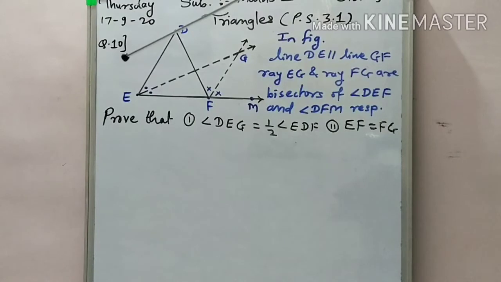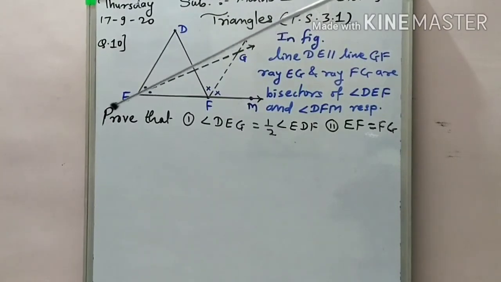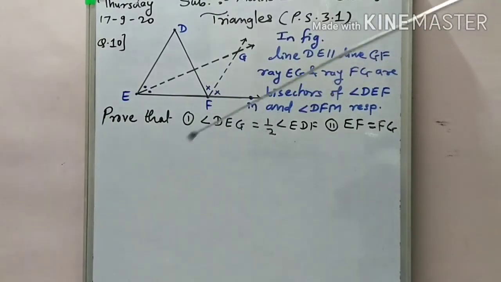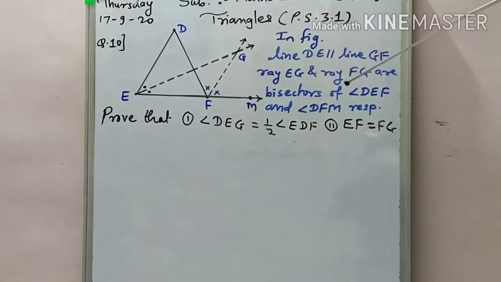Now we try the 10th example. Here again we are given one figure, and in the figure it is given that line DE is parallel to line GF. Okay, here is segment DE. As we extend it on both sides, it's line DE parallel to this dotted ray FG, meaning as we extend this downside it's line GF. Okay, these two are parallel lines, and ray EG and ray FG,